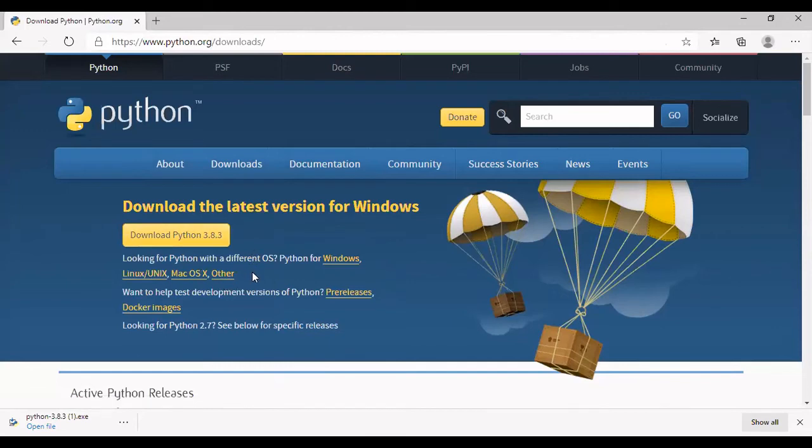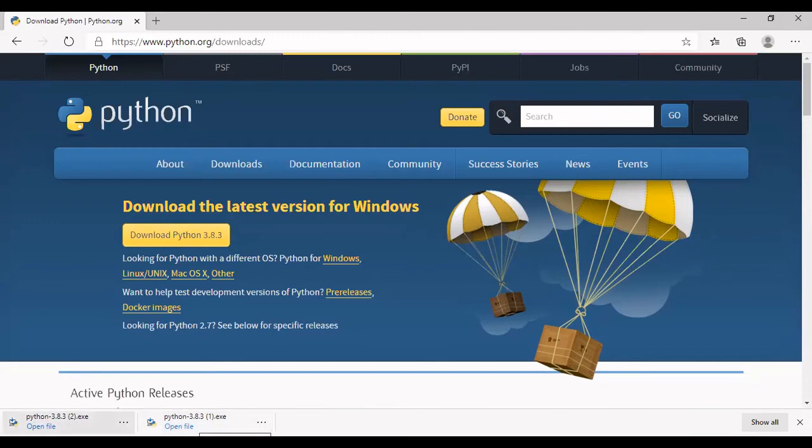If you are looking for any other operating system with a different OS, this is for the latest version of Windows, which is my computer, which works for my laptop. If you're using another version, please search for the correct version. If it is Mac or Linux, search for it. I'm just going to use the download button and download the software. Like you can see at the bottom here, I had already downloaded before, and hence you can see two files.